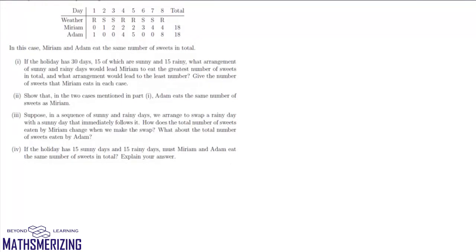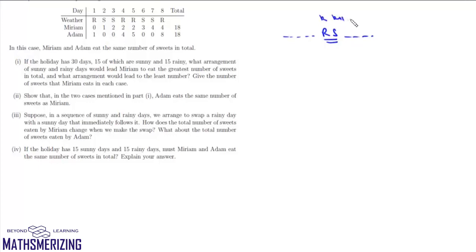Now question number 3 is, suppose in a sequence of sunny and rainy days, we arrange to swap a rainy day with a sunny day that immediately follows it. How does the total number of sweets eaten by Miriam change when we make the swap? And what about the total number of sweets eaten by Adam? Now suppose we have any sequence of rainy and sunny days, and in the sequence we have a part where we have this rainy day followed by a sunny day. Now suppose this day is K and this day is